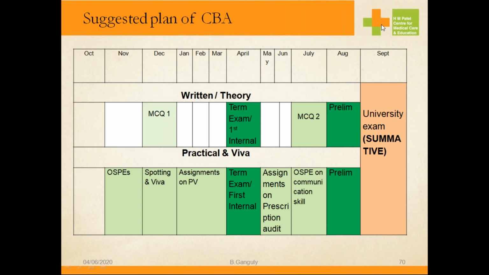Yes, sir. So that is the teaching time, no, sir? 100 hours in 11 months. 11 months, yes, that can be covered. It will cover all the 4 topics. There are 5 topics in pharmacology. One is knowledge, cognitive, others are skill based. All 4 can be covered in it.